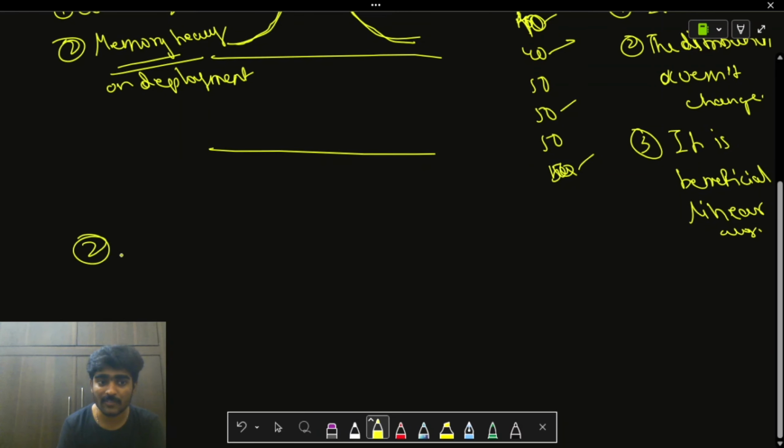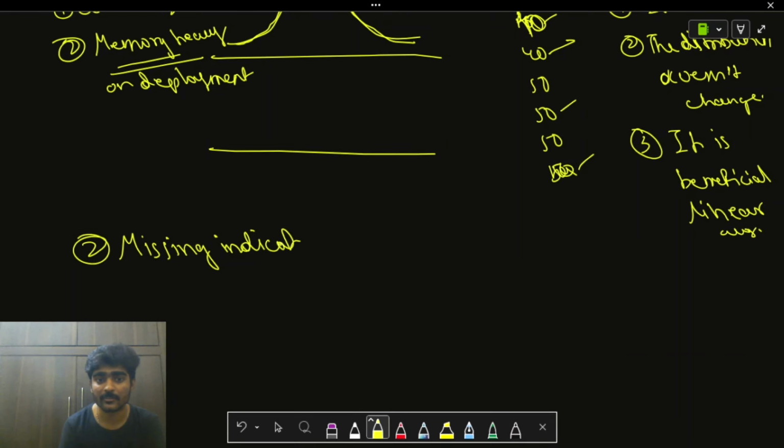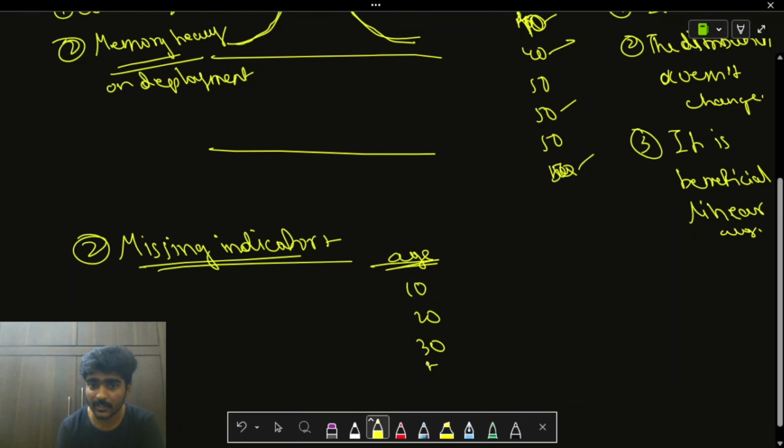Now next we have our next technique, that is missing indicator. This is also a very simple technique. In this missing indicator, you just indicate whether a row is missing or not by creating another column. To explain, I'm taking the same age column: 10, 20, 30, NA, 40, 50.